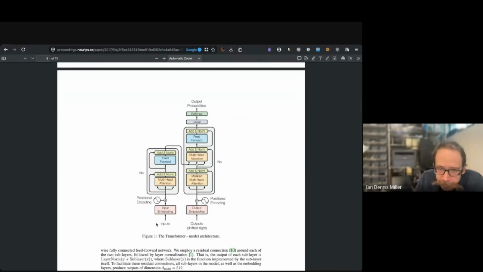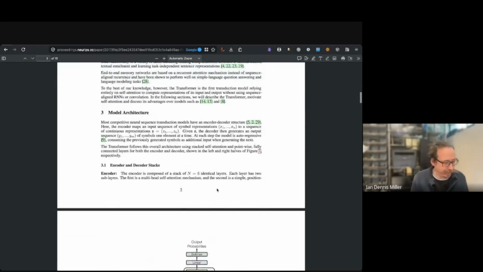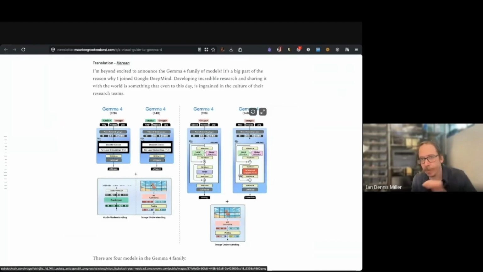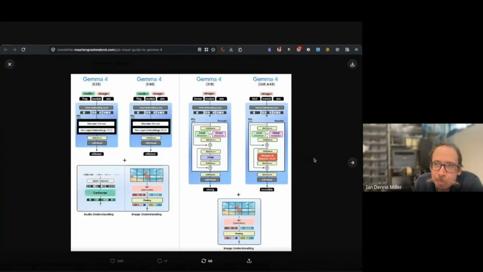Actually, this one you read bottom to top, but this basically describes exactly what happens to transform the words that you put into the model, at a certain level, into the things that come out. This paper's 2017. All the stuff that happened subsequent to that was really, really downstream of the transformer. And now, April 2026, a couple years on, we are currently trying to figure out how to use this new